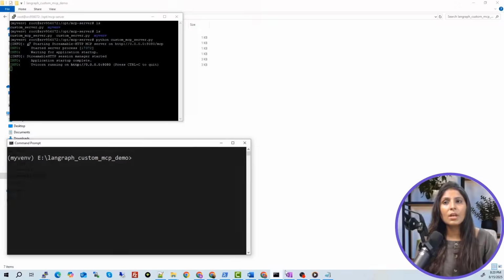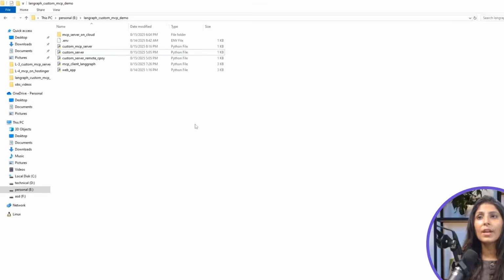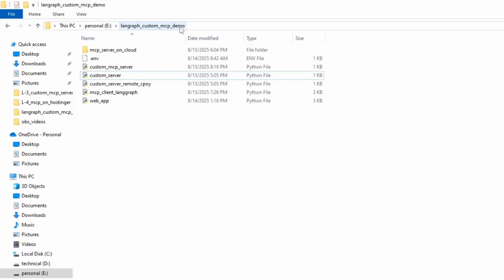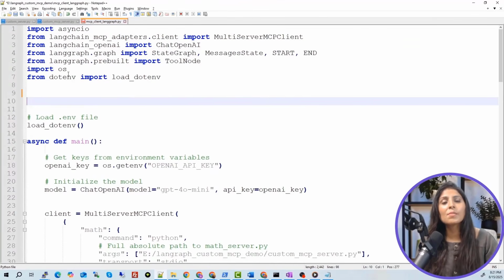For that, open command prompt and enter the folder where our code is. This is the code which we are going to run. So let's open this code and understand what we are doing here. This code is similar to the code I showed you in the last class. If you want to understand this code line by line, check my last class, where I explained everything about it. Today I'm not going to explain all these steps again. I'm just giving you an overall idea of what we are doing here.